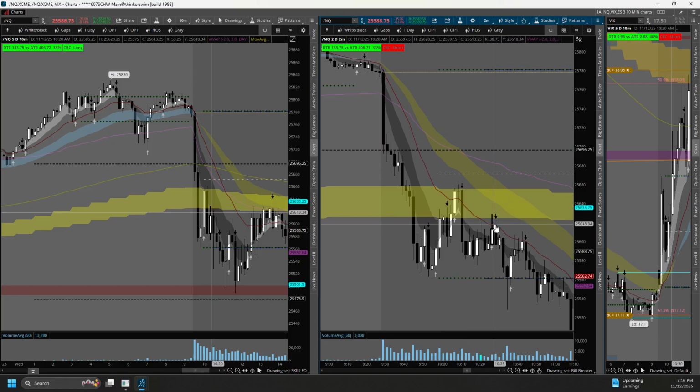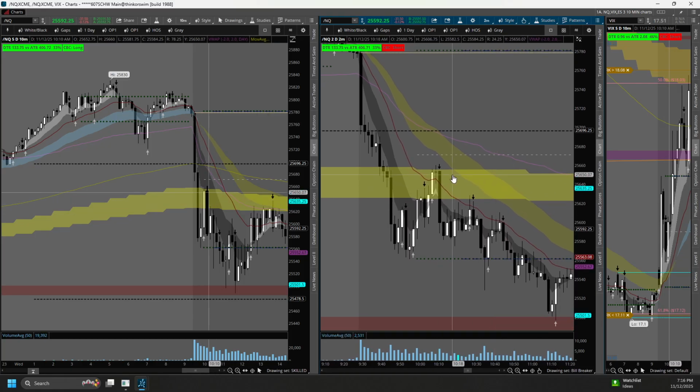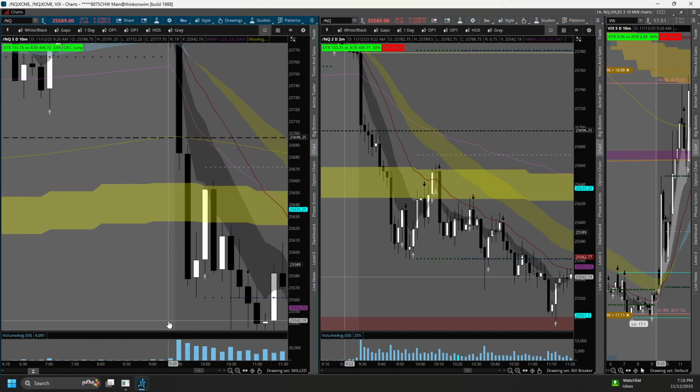I'm comfortable waiting. I like that we were basing underneath this MTF cloud. This is the hourly 34 50 EMA cloud. You don't have to use it. I just like it. I also like this here. So when I talk about the 10-minute and the 2-minute, this is an exact